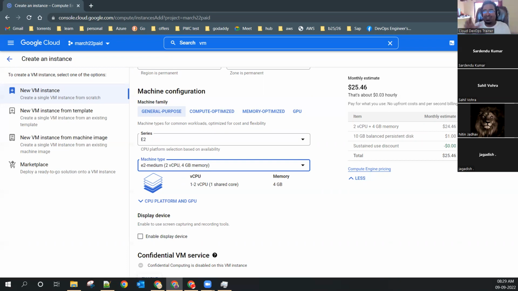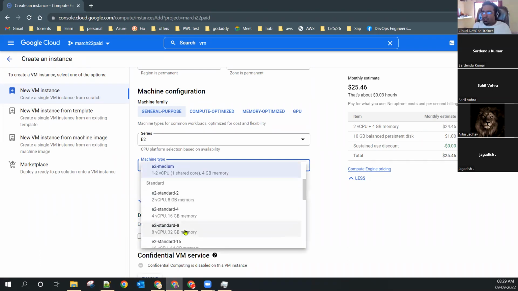I was looking for the Linux CPU and memory. Check it in your company and let me know by tomorrow or day after tomorrow. Okay, Monday, Tuesday. Everyone, check in your company what the CPU and memory of the Linux machine is. I am 100% sure they are using 8 CPU and 32 GB RAM, which is more than enough for an Amazon or Flipkart level application.